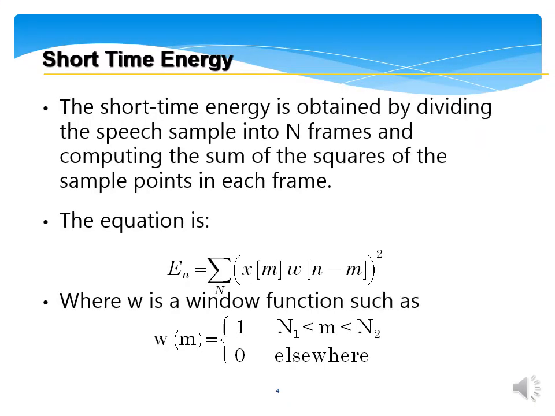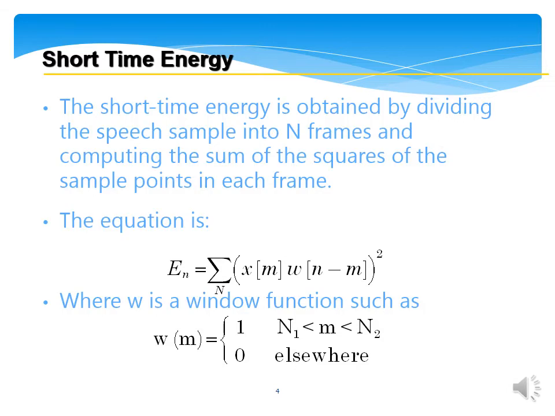Now, for the short-time energy, we divide a speech sample into n frames, and then for each frame we compute the sum of the squares of the sample points. The equation is down there, okay? And we use a window function. I'm sure you've learned what window functions are. But the reason why we use the sum of the squares, we could have just used the sum, but the